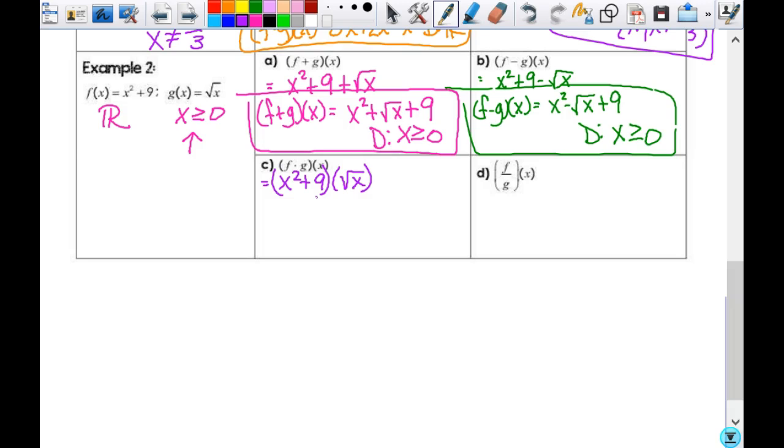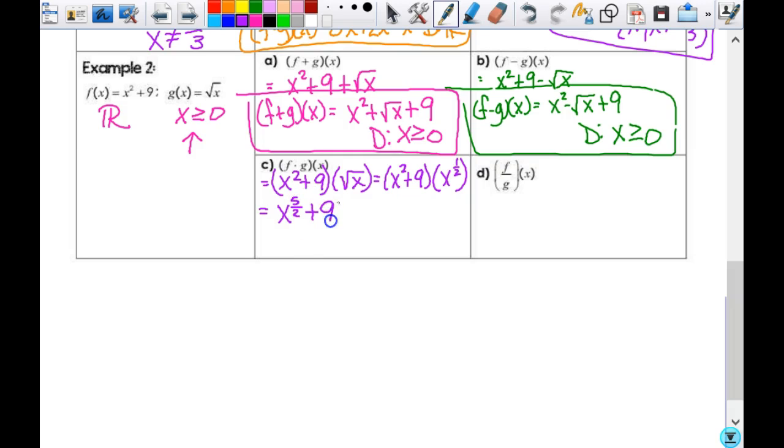Good. I need to be using my rational exponents. So this really is x squared plus 9 times x to the 1/2 power. And when I multiply those x's, I do what with the exponents? Add them. So can I say that it's x to the 2.5 power? No. And how many times have I told you no mixed numbers? You don't put x to the 2.5 power, right? It would be x to the what? 5/2. So x to the 5/2 power